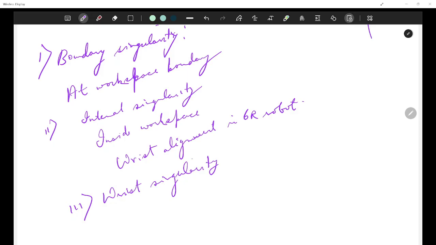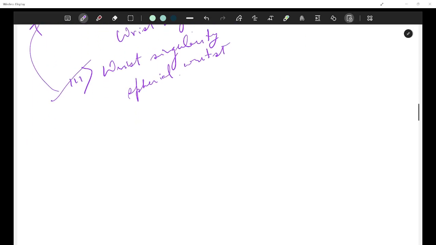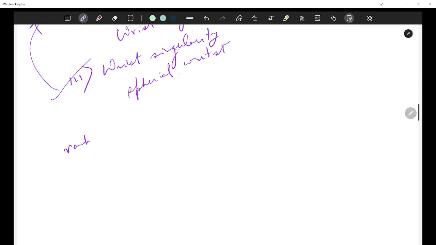In a 6R robot with a spherical wrist, actually both of them are nearly the same, but still we are writing it. What happens if the wrist axes align? The Jacobian loses rank, and the robot loses one orientation degree of freedom, and it is very dangerous in the case of industrial robots. So if the rank of J is 1, in the 2R case which we already saw,